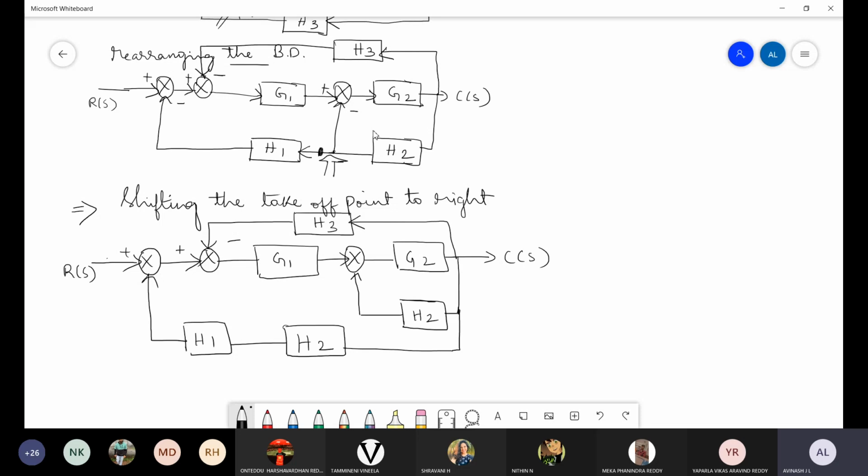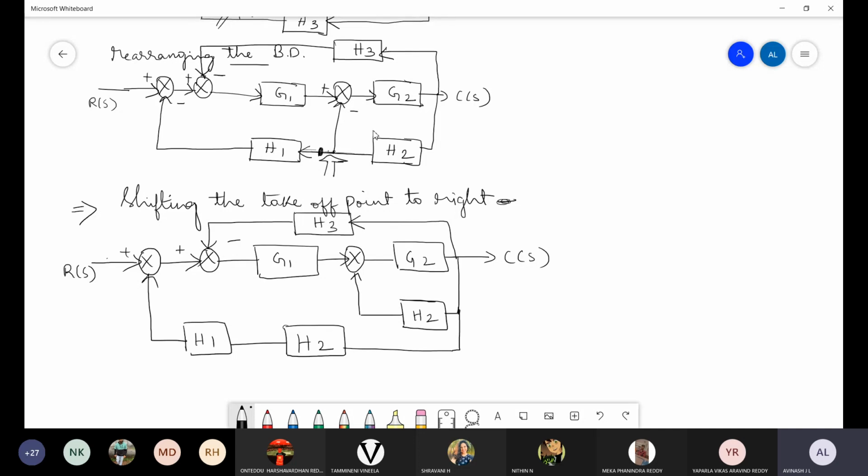This is the technique from the rule, and from general understanding also I can see that the line is coming. So what is the line value? It is H2. That H2 value is coming, so what is the multiplication factor? H1 into H2. Clear? If you separate this particular point, you will get it like this, or as per the rule of the block diagram it is coming with respect to this one.